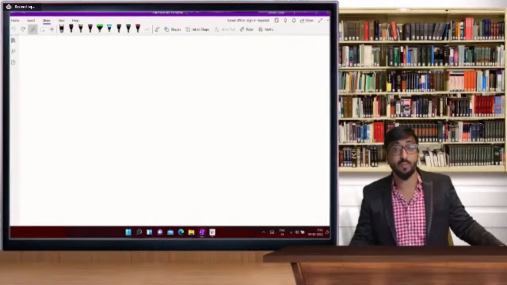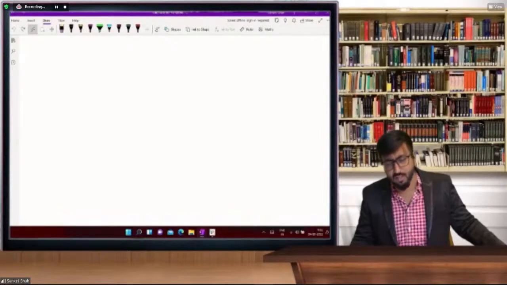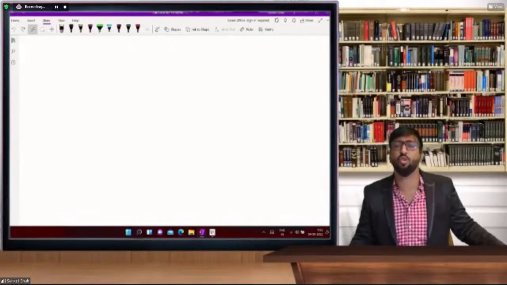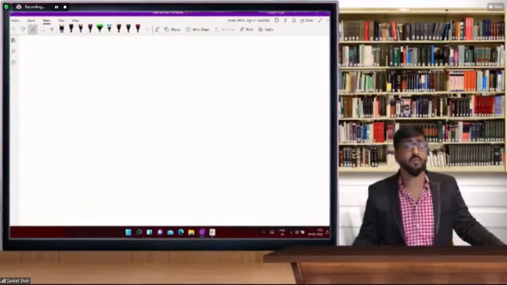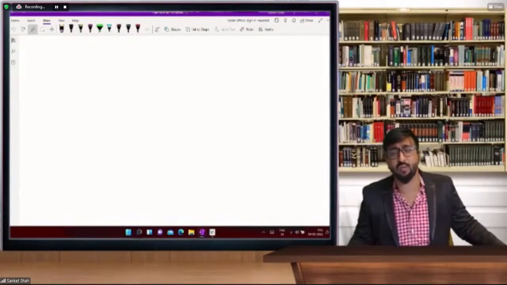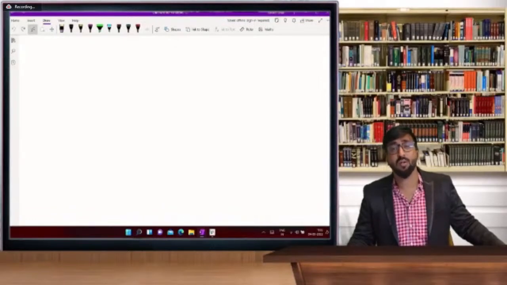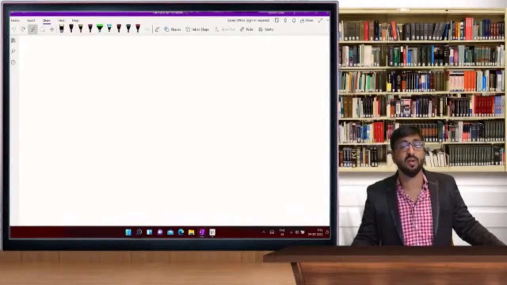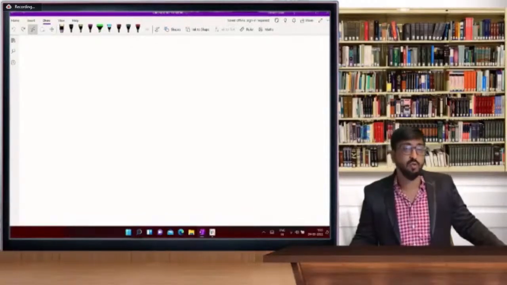So the balance sheet pro forma is: equity and liabilities, shareholders' funds, share capital, reserves and surplus; non-current liabilities, long-term borrowings, deferred tax liability, other long-term liabilities, long-term provisions; current liabilities, short-term borrowings, trade payables, other current liabilities, short-term provisions. Assets: non-current assets, property, plant and equipment, intangible assets, capital WIP, intangible assets under development, non-current investments, deferred tax asset, long-term loans and advances, other non-current assets; and current assets is CITCA: current investments, inventories, trade receivables, cash and cash equivalents, short-term loans and advances, and other current assets.